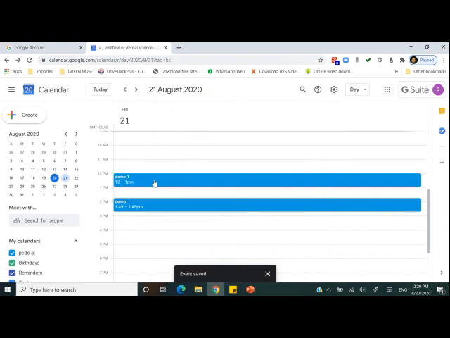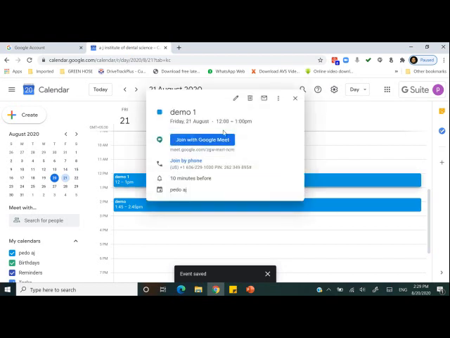Now if you want to share this with your students, you just go and click it again, and you have join with Google Meet, and you have a double square here. You can copy that conference link, and you can also directly open the WhatsApp web here, and you can post it to the required groups directly without saving the link anywhere. Or you have another option to mail for your guests. If you want to invite someone, you can directly mail it here.